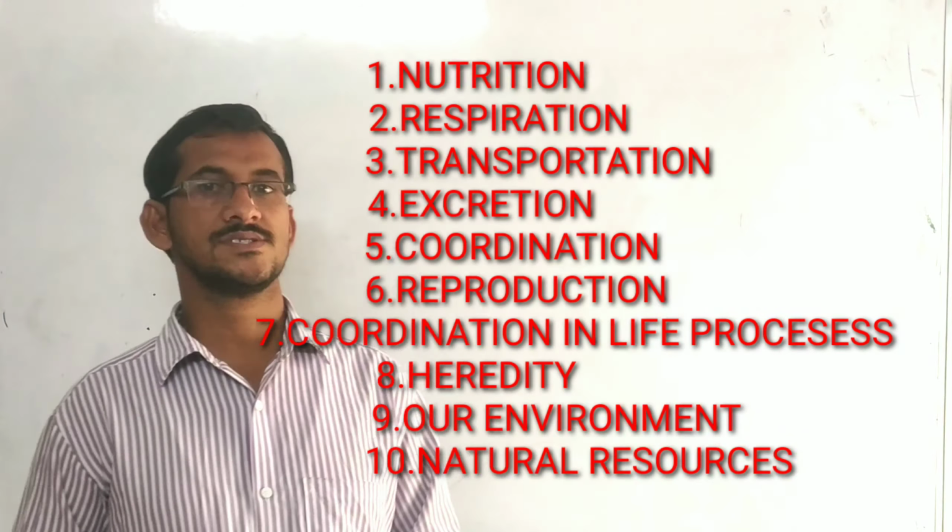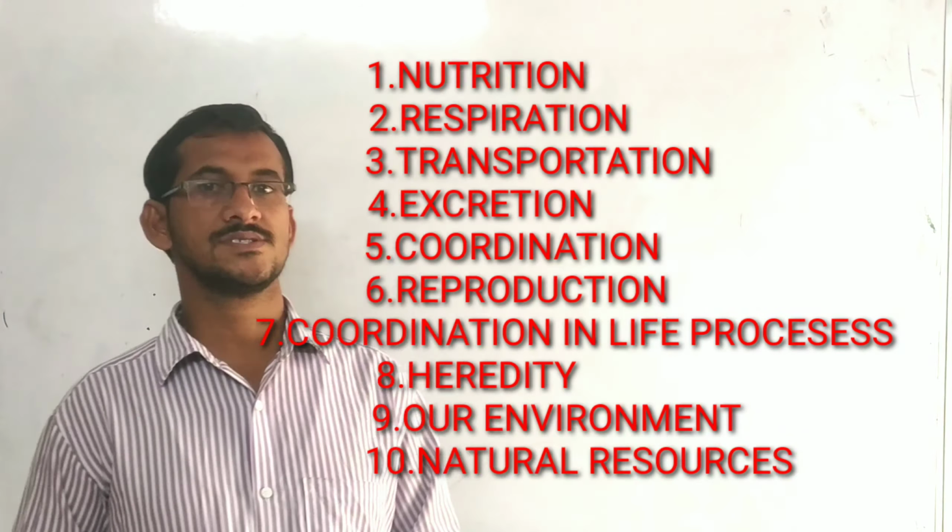And the next question is, which is the universal food provider? The answer is plant. The next question is, define photosynthesis and write an equation for photosynthesis. What is photosynthesis? Photosynthesis is a process by which plants containing chlorophyll build a complex substance like glucose, a complex molecule, by using simple raw materials in the presence of sunlight. So this is the photosynthesis definition.